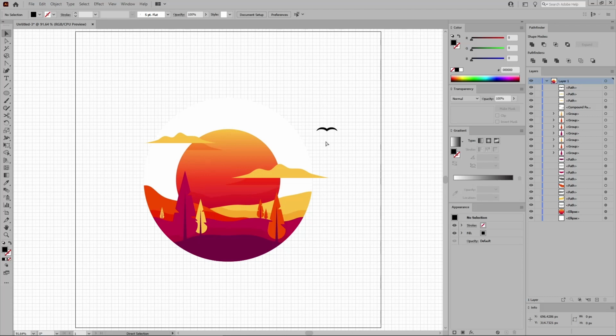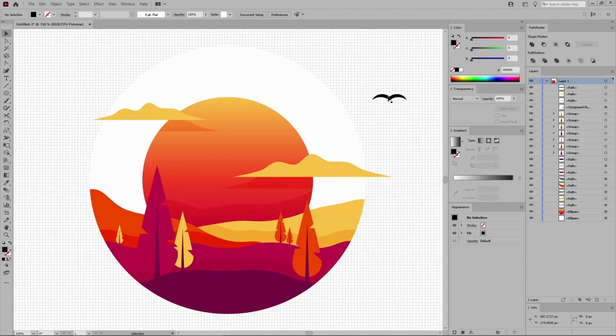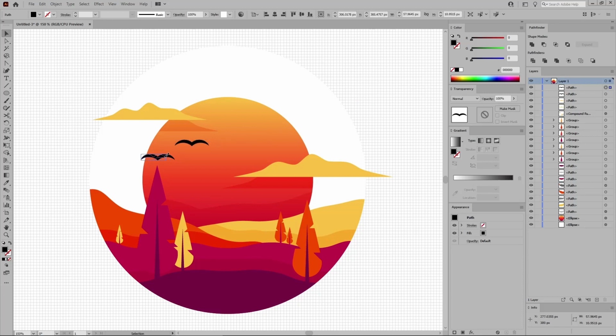Press Ctrl and plus to zoom in a bit. Add the bird to your design like this. Drag a copy in this location and make it a bit smaller. And then drag a second copy and squeeze it somewhat like this. Once you are happy with the look of your birds, you can select all of these shapes and go to